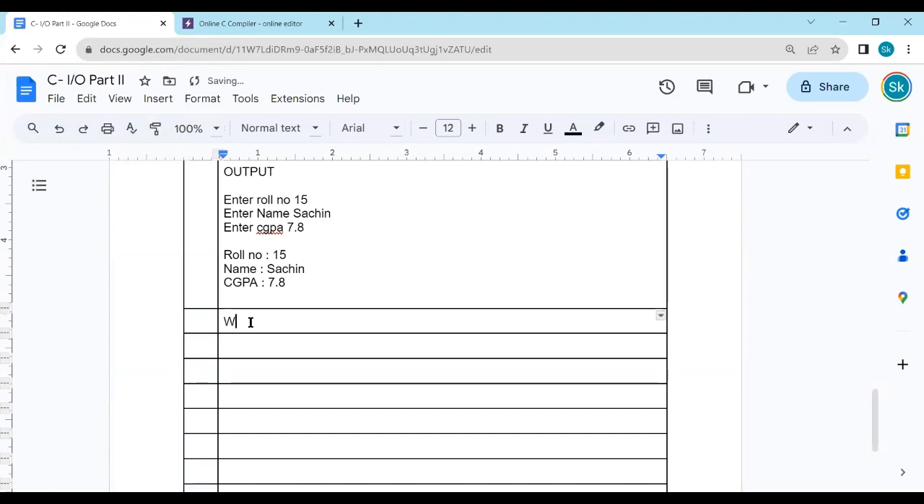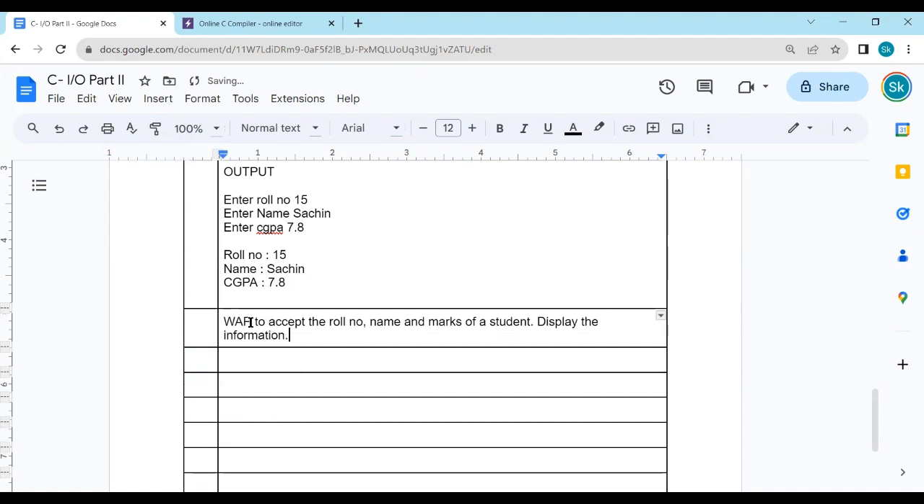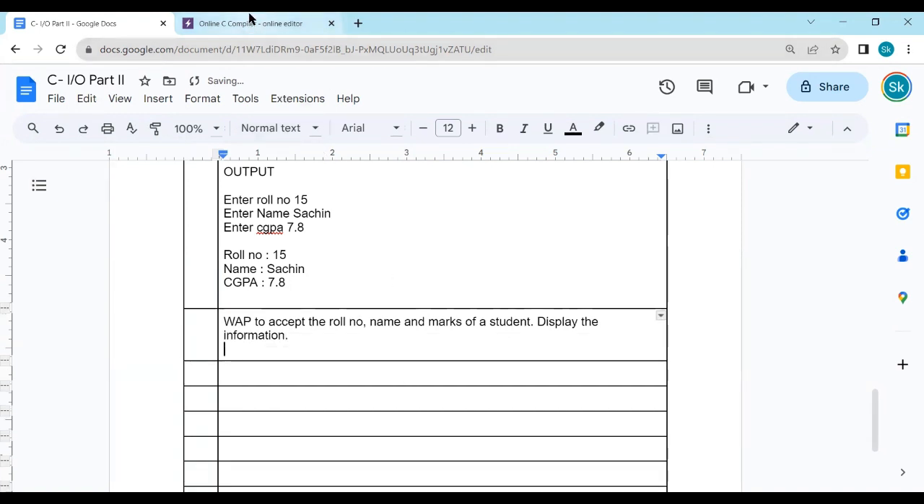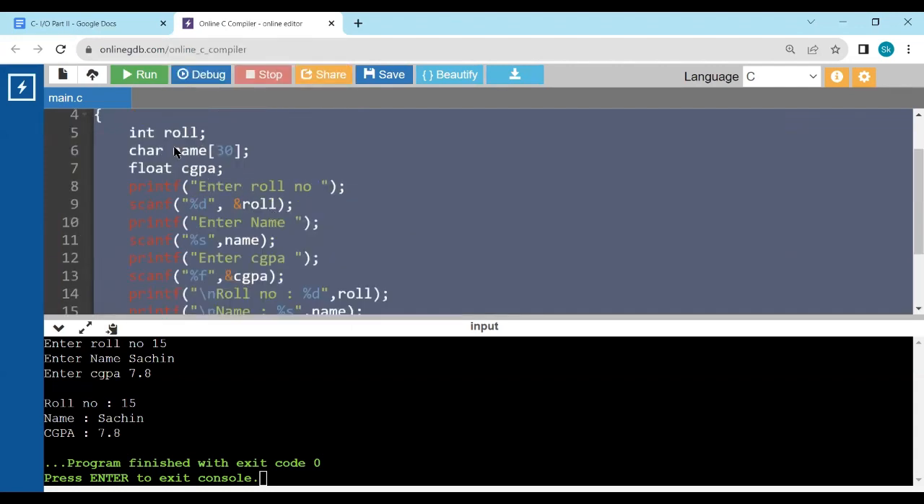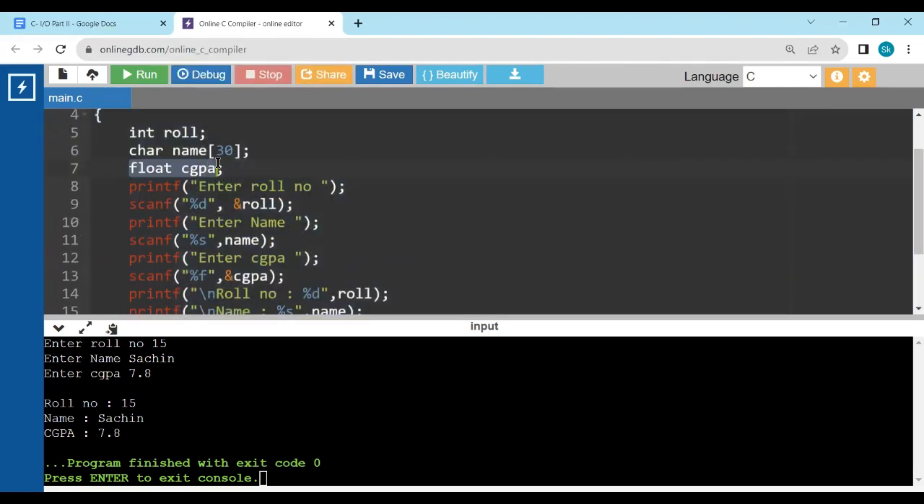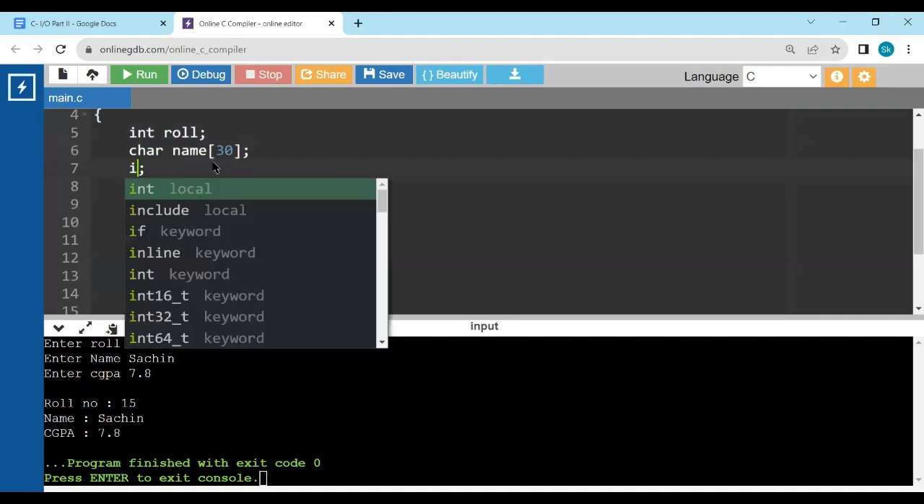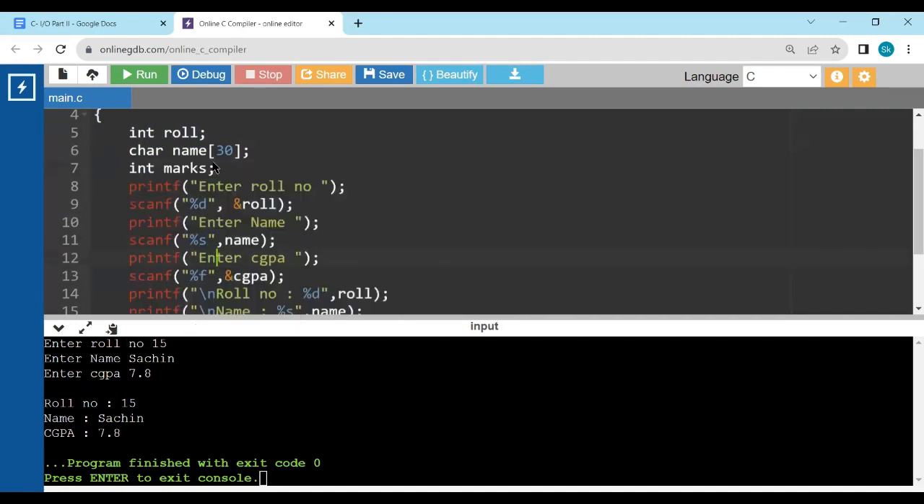write a program to accept roll number, name, and marks of a student. Display the information. It seems to be okay. Let's see. Just a little change we do here. So this we write as marks. We can do this also. So if it is enter marks,